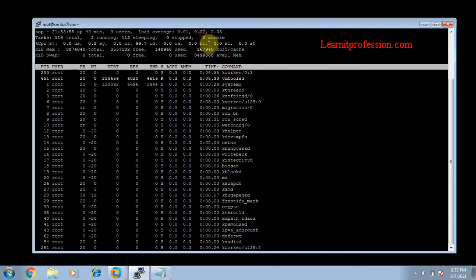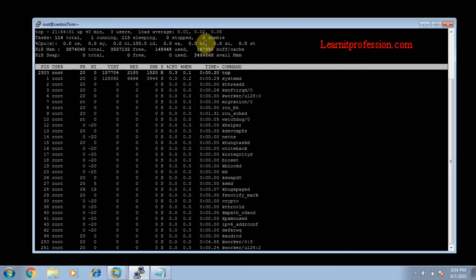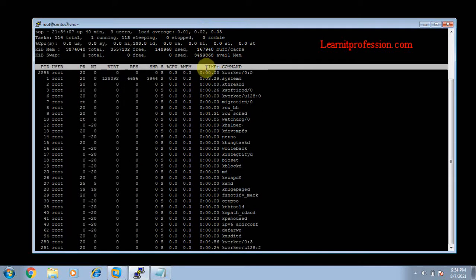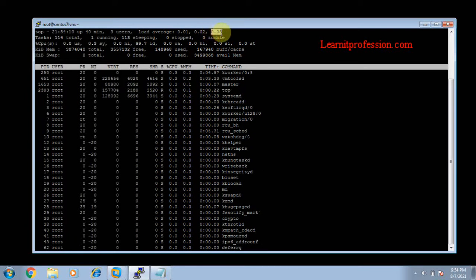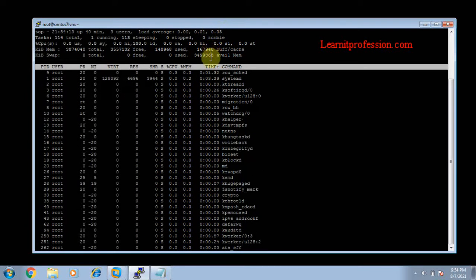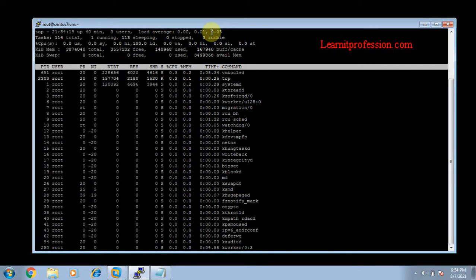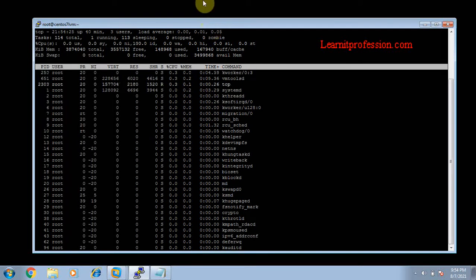The second one shows the CPU consumption over 5 minutes, in this system 0.02. And the last one, number 3, shows the total CPU consumption over 15 minutes. Okay, I think you got it.